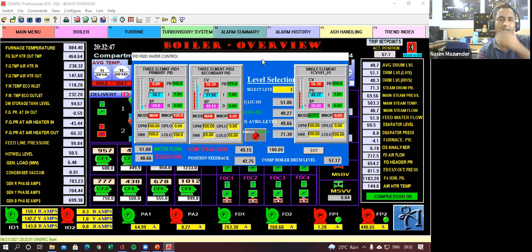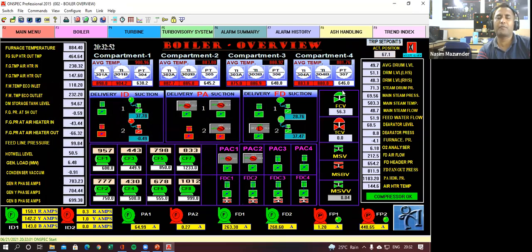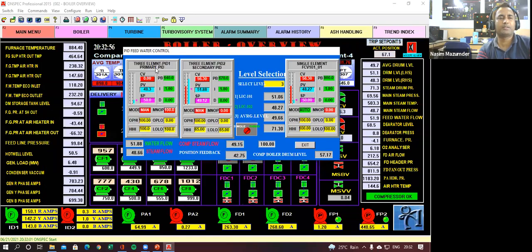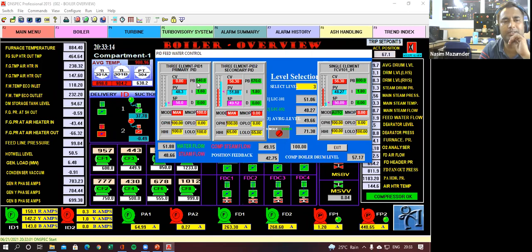Suppose this is a control valve. This is my PID control valve. Now you can see here, this is the primary PID we are using, then another secondary PID, and after the secondary PID the output is going to my I2P converter. Now, how to set this PID? This is called PB band, process band. This is called I time. This is called D time.